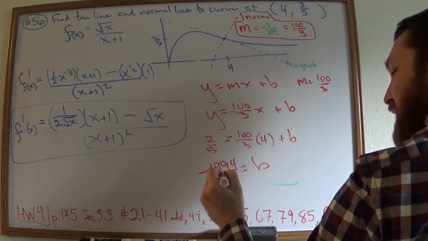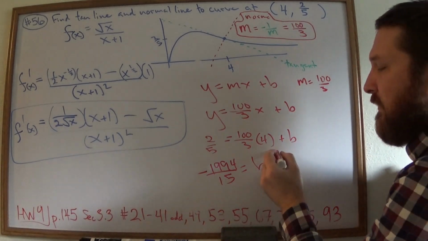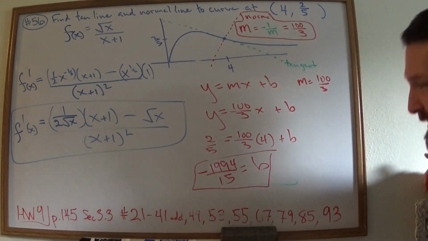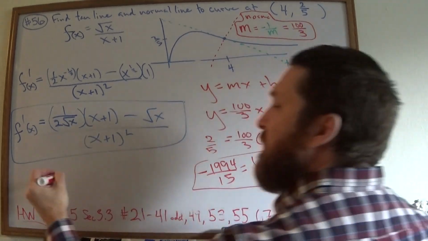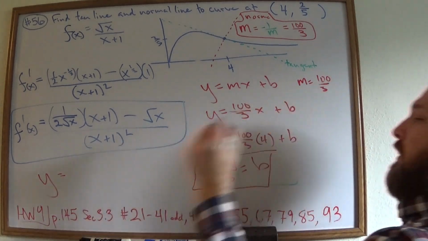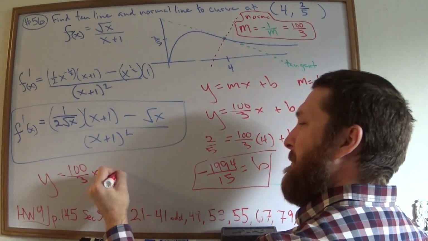1,994 over 15. It's actually not that bad. It just happens. It's like 2,000 over 15. Or it's like 6 over 15 minus 2,000 over 15. And so, okay. So then the normal line is y equals 100 thirds x minus